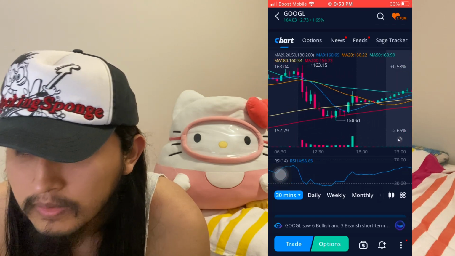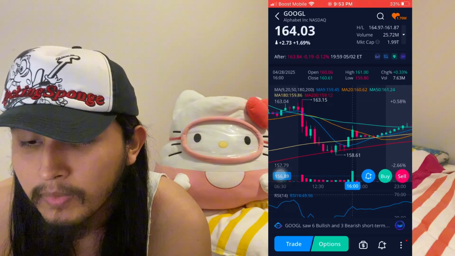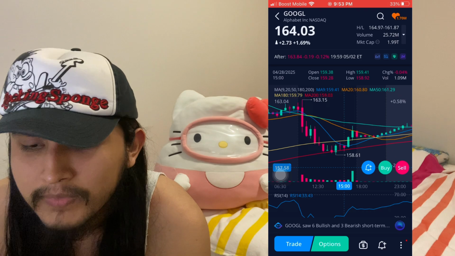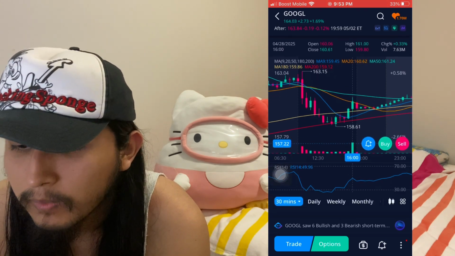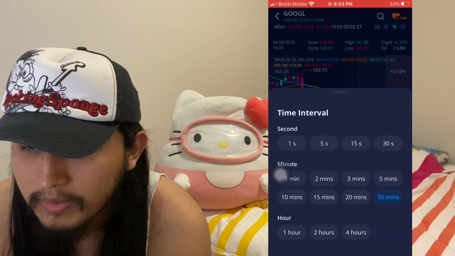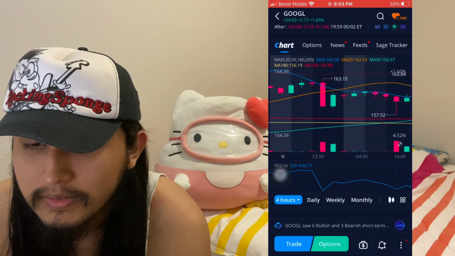On the 30-minute time chart on April 28th, I bought Google put options as soon as it approached the 20-day moving average. And when I switched to the 4-hour time chart, you can see that